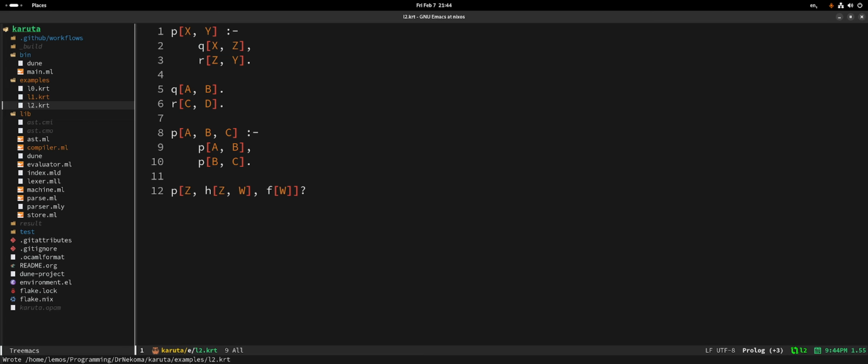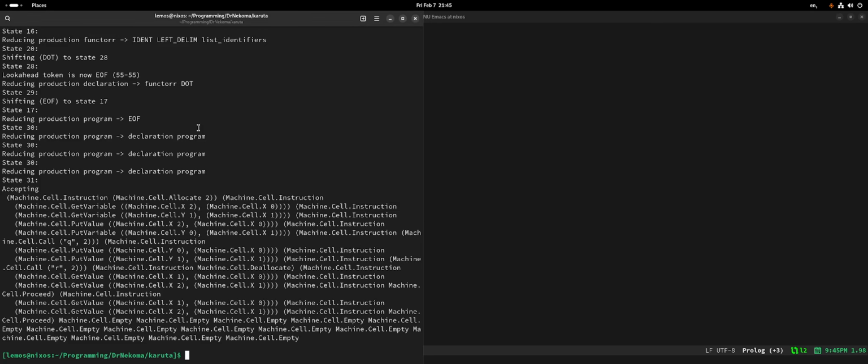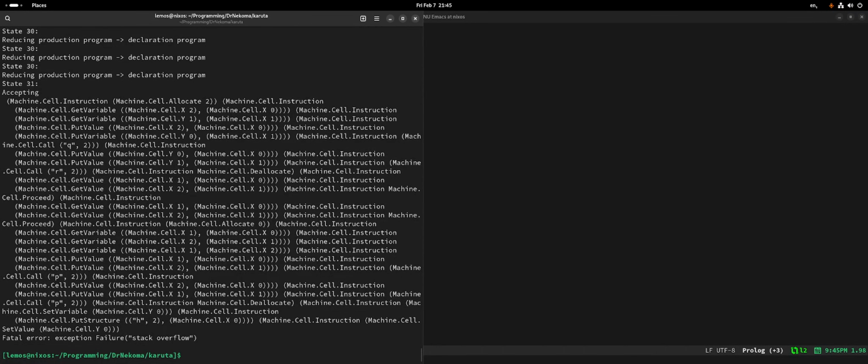Okay, what should be the output of evaluating this program? Because we didn't do any std output with anything. That's a very good question. Okay, so we don't know what the heck is gonna happen. It's going to run. Hopefully it's going to terminate.